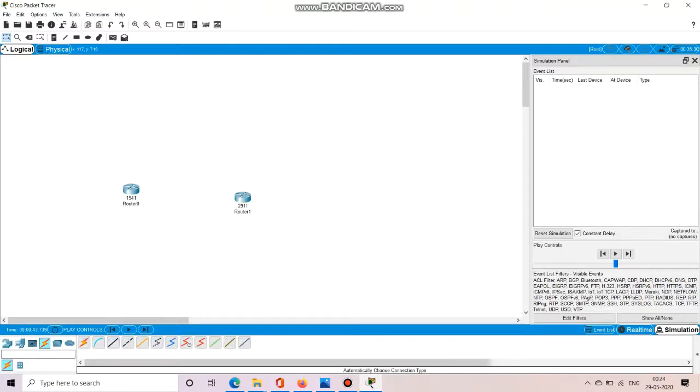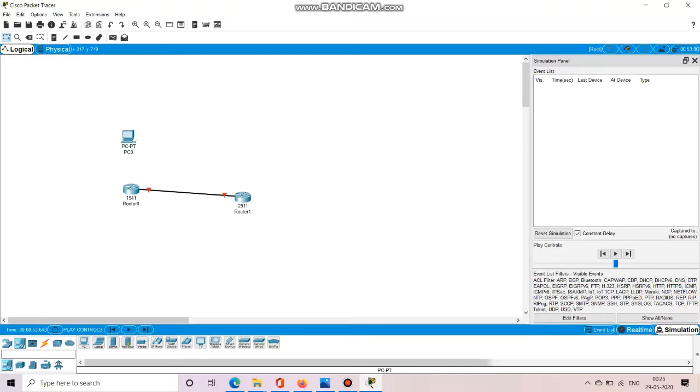Now to draw the network, you can choose the device and just perform either a double click on that particular device, or you can do the drag and drop option as well. To connect two devices, you have to choose the cable from this particular tool, and then click on the router or switch which you have selected earlier. Then you have to select the mode or interface in which you want to connect that particular cable.